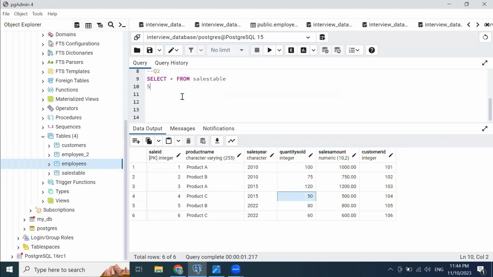So I will first type in the select product name, giving it an alias first, p.product_name, and then the second column will be quantity sold, because we are interested only in these two columns. From where? From the sales table, and we will call it S. Let's just call all of them S alias. Okay, sales table S, and where, give a condition,